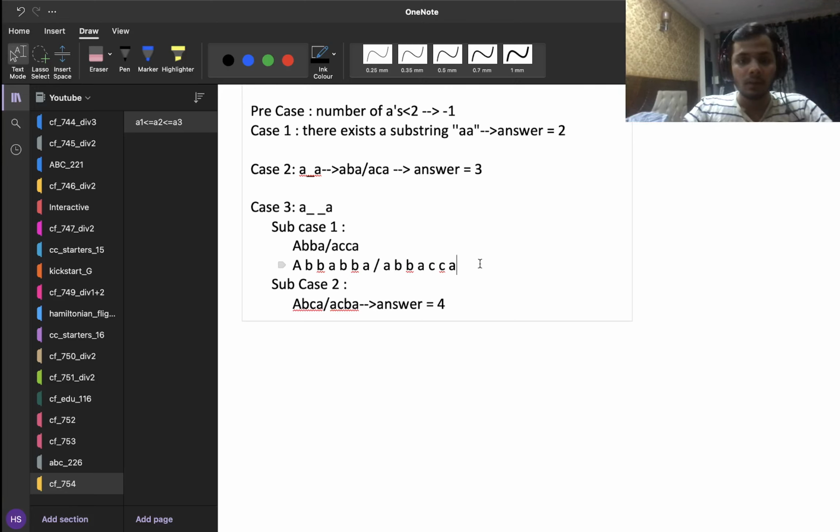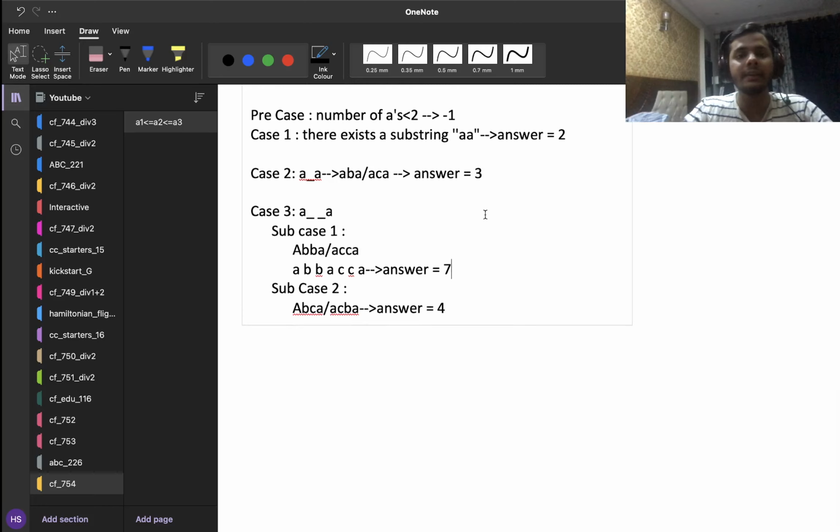So if I just take this case, my answer would be 7. And it is easy to see that in any other case there will be no answer possible, because if there are more than 3 elements between any two a's, then obviously I will have a situation like this: a x x x a, then again something like this, then again something like this. And here I can pretty easily see whatever substring I take, the number of occurrences of a would be smaller than those of b and or c.